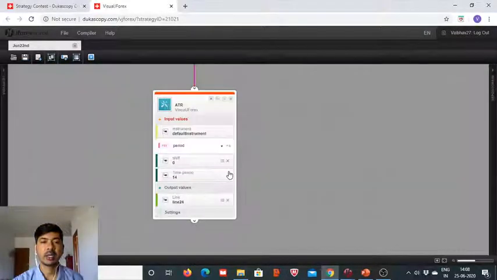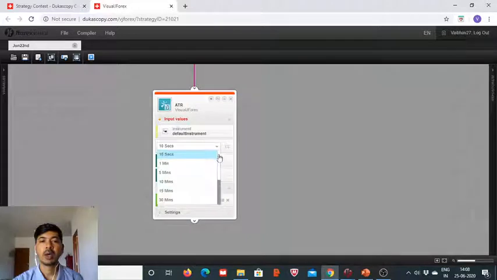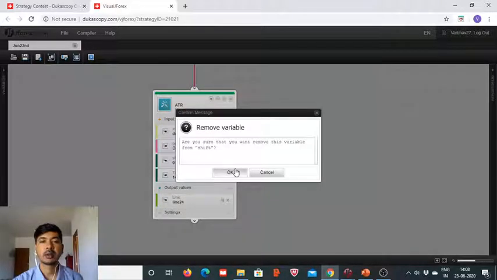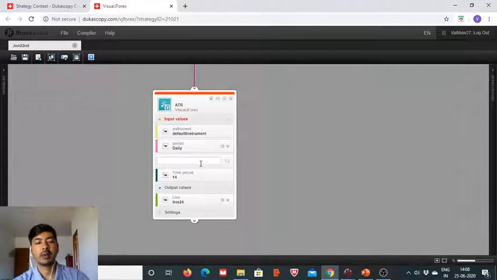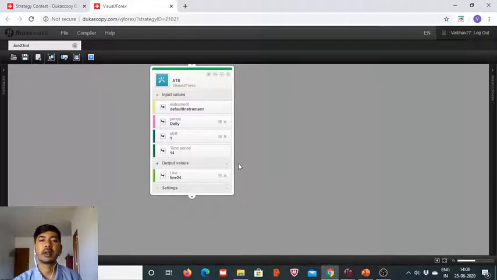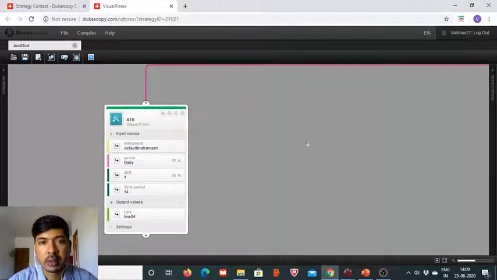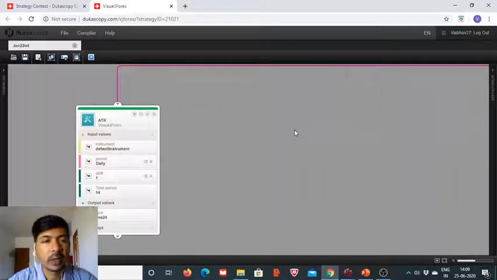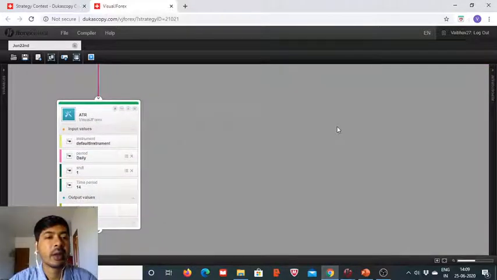This needs to be changed to 1 day, daily, and the shift is going to be 1, yesterday's ATR value, and that is to make sure that we are taking the volatility till yesterday. And now that this is in place,